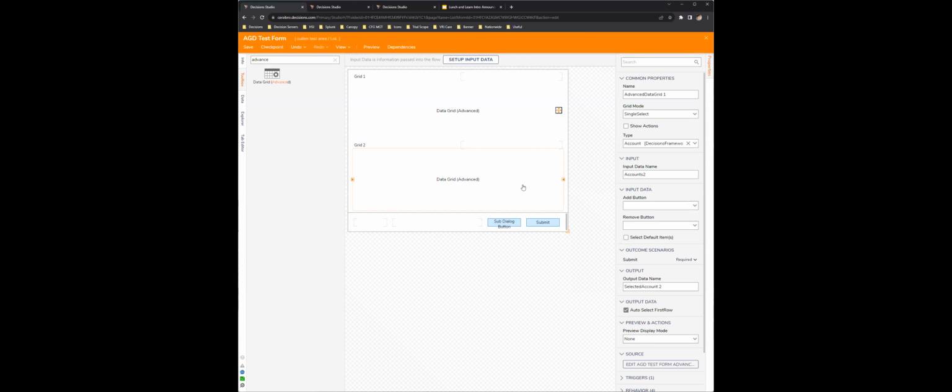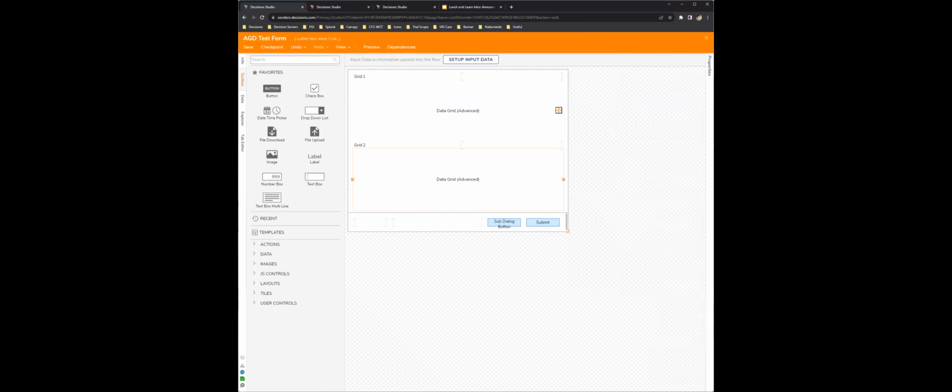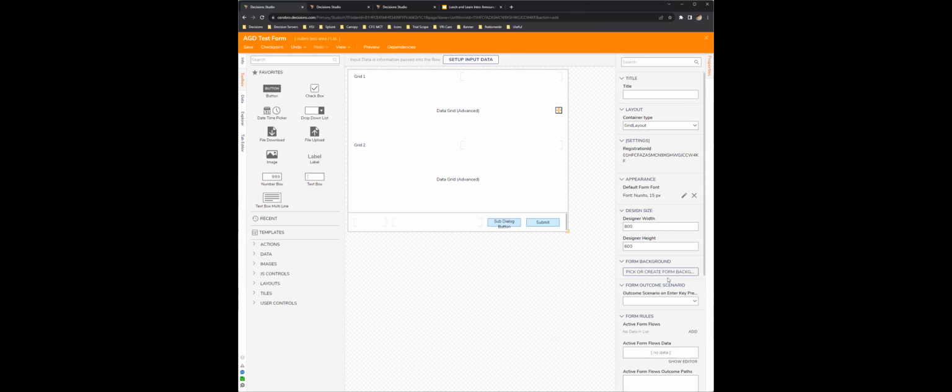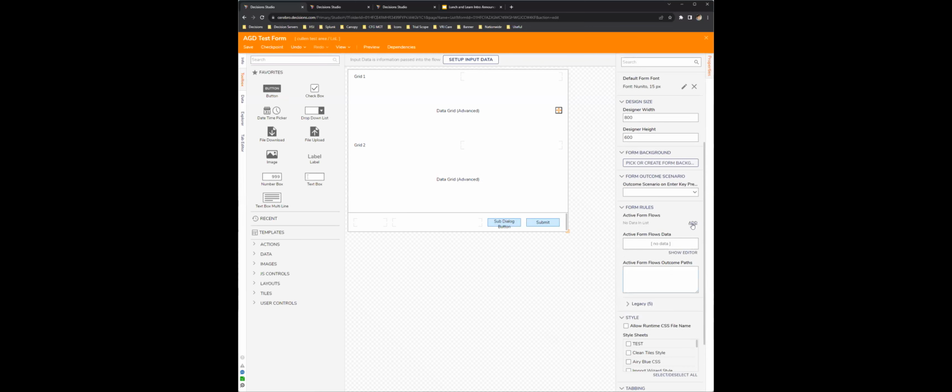One thing to note, and the biggest thing to note, is that with active form flows you cannot put a form in an active form flow. Active form flows will consider that an error, I believe something like cannot have synchronous steps in the form.